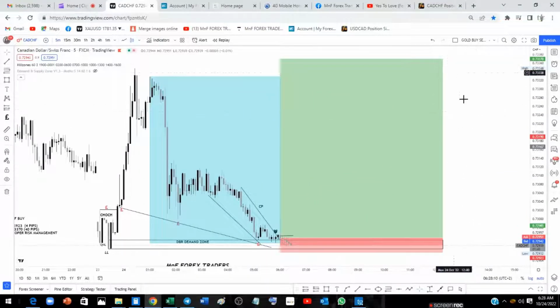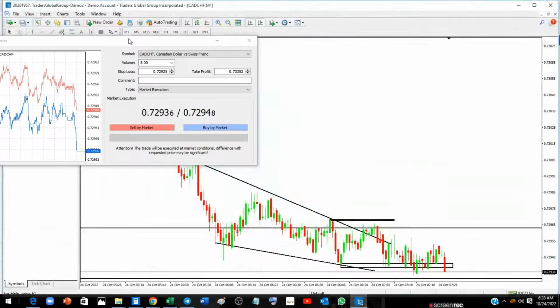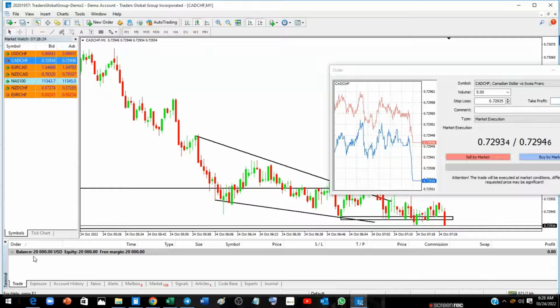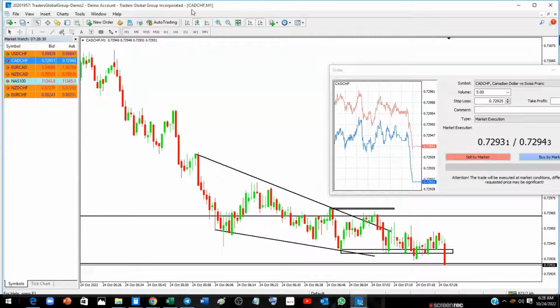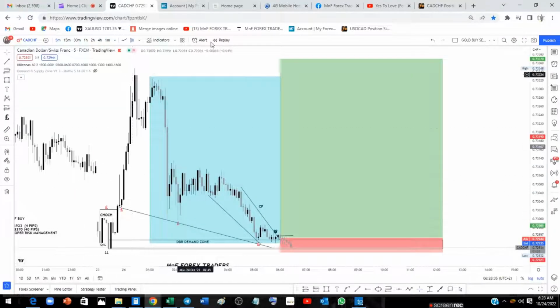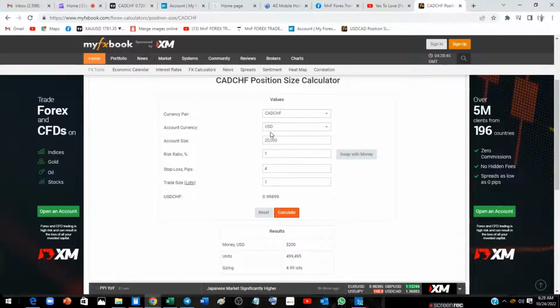And then yeah. So if you look here, I'm trading this on my Forex Fund demo account. Just recently bought the challenge. See, I'm not taking any trade. I'm still having about 20,000 in there exactly. So meaning if this trade gives me confirmation, I'm going to take this particular trade. I'm risking 1% of the account. So 1% of my account, if we can calculate, you can see that the stop loss is about 3 pips, right? Stop loss is about 3 pips. So let's just try and calculate that. So Card Swiss, $20,000, I'm risking 1%, and the stop loss is 3 pips. So if you do the math right here,